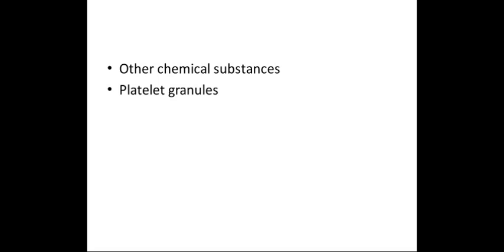Second, platelet derived growth factor. Third, vascular endothelial growth factor. Fourth, basic fibroblast growth factor, endostatin, and thrombospondin. These are the alpha granules containing the factors. Now the dense granules. The dense granules contain nucleotides, serotonin, phospholipid, calcium, and lysosomes.